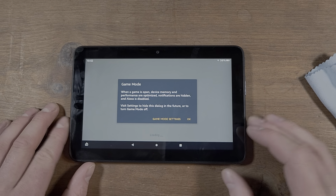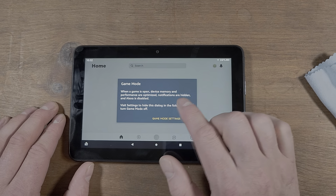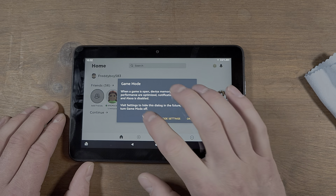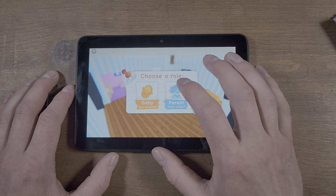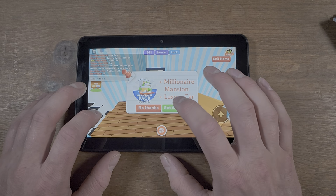Going into games, it now has a game mode, which pretty much optimizes it for gaming. Device memory and performance are optimized, notifications are hidden, and Amazon Assistant is disabled. You can change up settings on there if you want. We are in Roblox Adopt Me here,